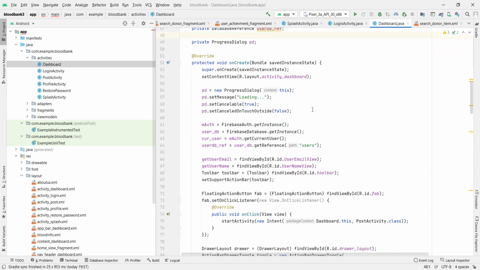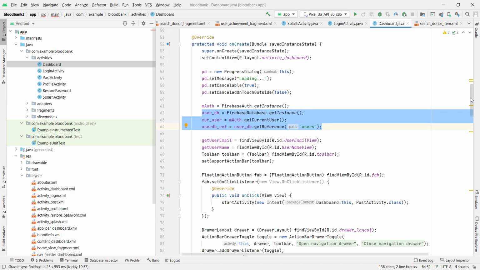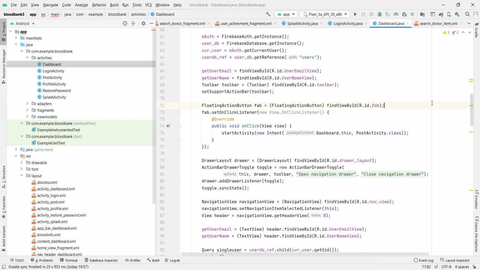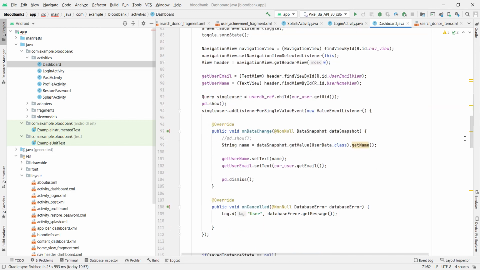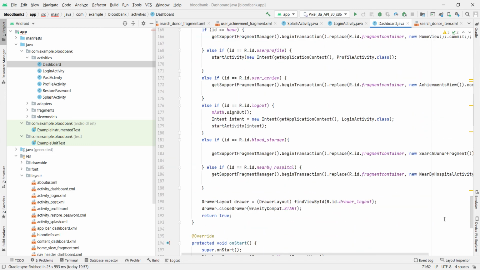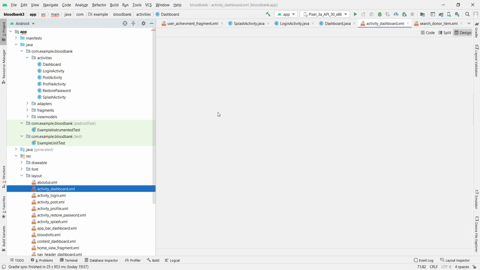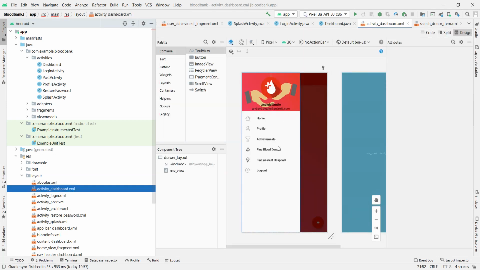Then as I told, for the initial authentication we are using FirebaseAuth.getInstance, so that it gets instantiated initially. Then the user database, current database, and user database reference are also initialized, I mean instantiated, in the beginning. Then this is all about the dashboard page. Here we have home, profile, achievements, blood donor, whichever the particular respective pages